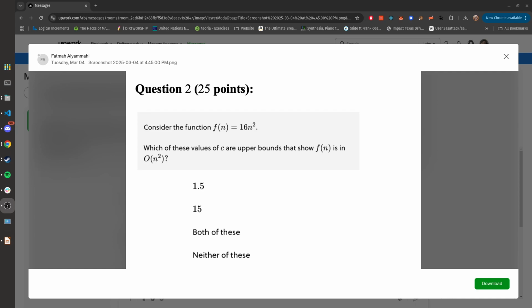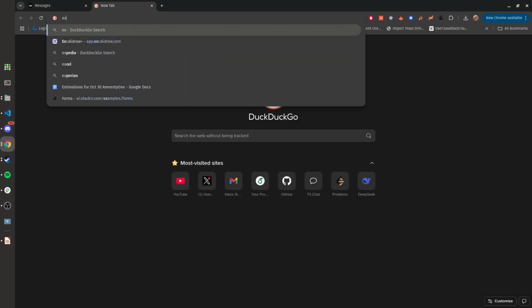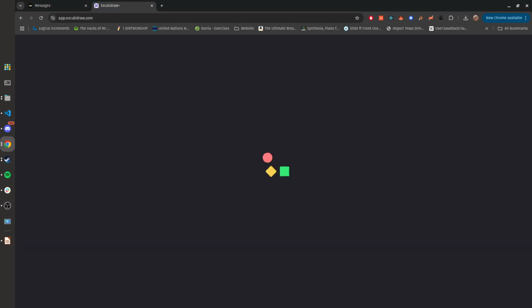Now what this question is really asking is what value of c would show that the value of c times n squared is bigger than 16n squared. So what it's really looking for is, let's start drawing this out. What is going to be the,